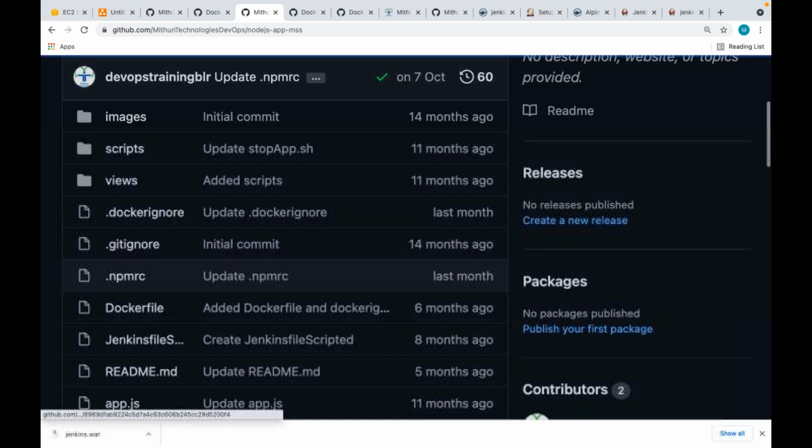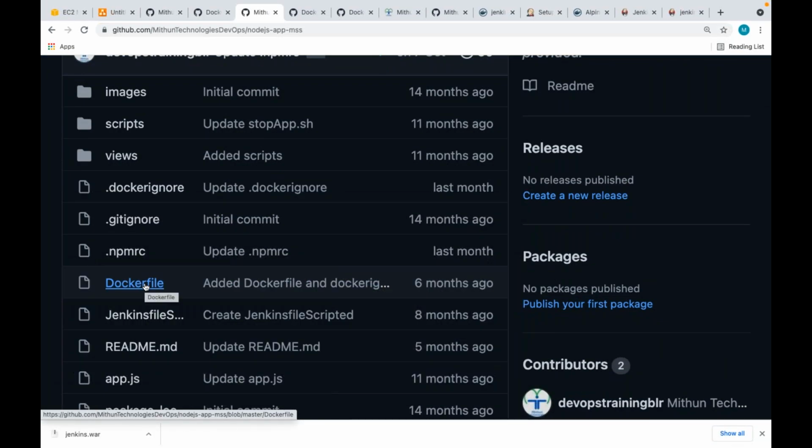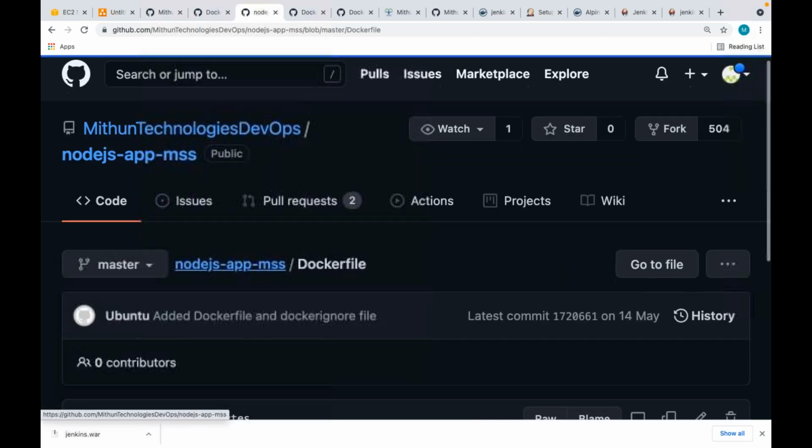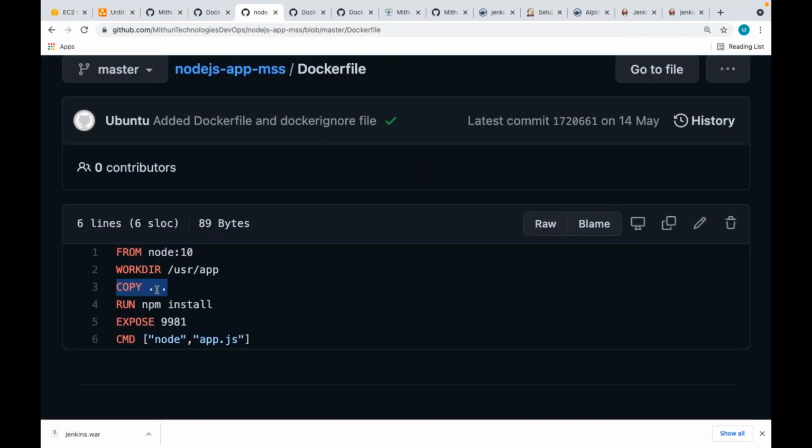Suppose like this, the Dockerfile is also part of the build context. Is it going to copy the Dockerfile also to the image? Now if I have this dot dot, is it going to copy the Dockerfile also to the image? Because that is part of